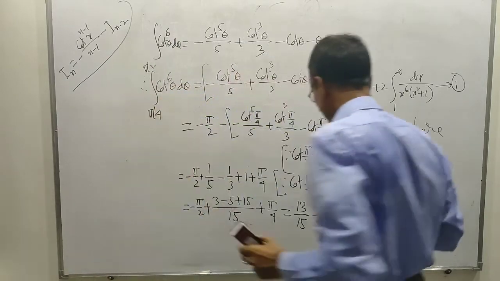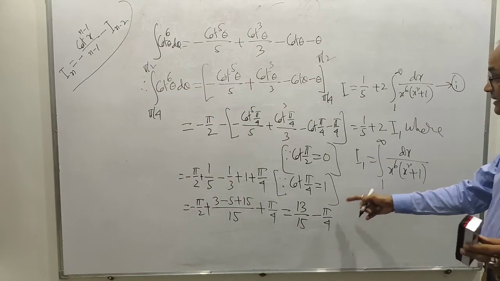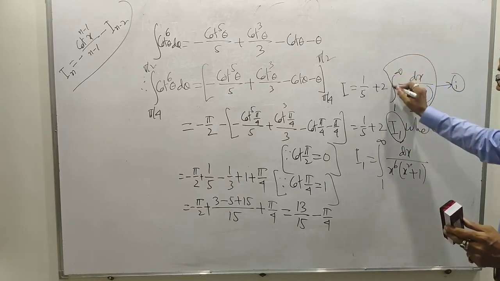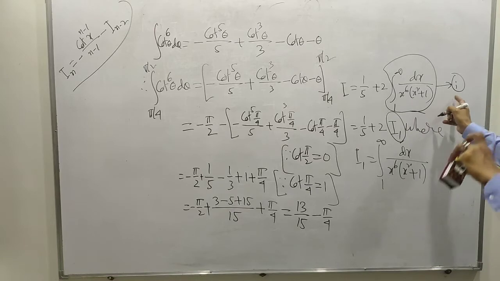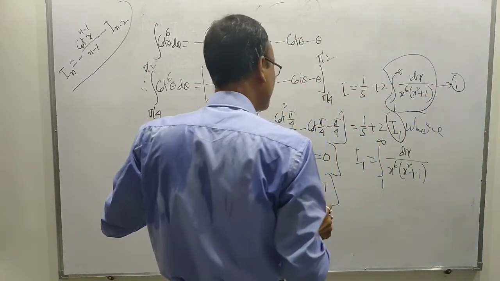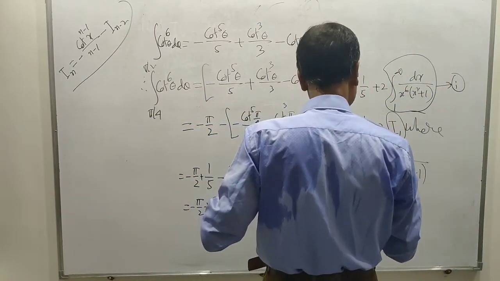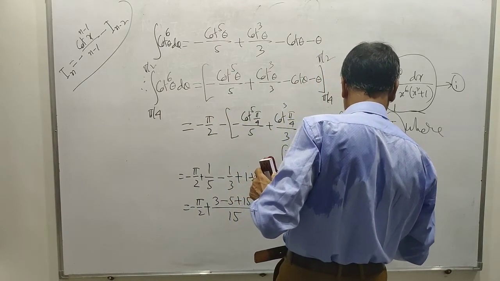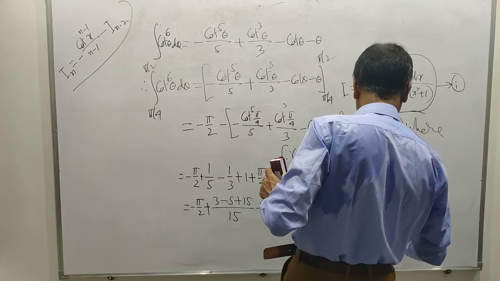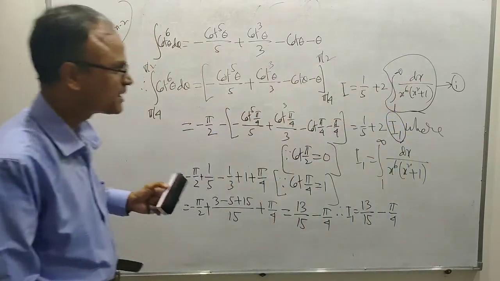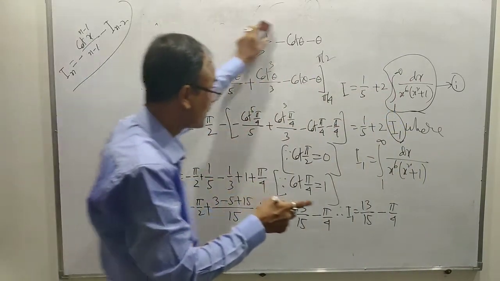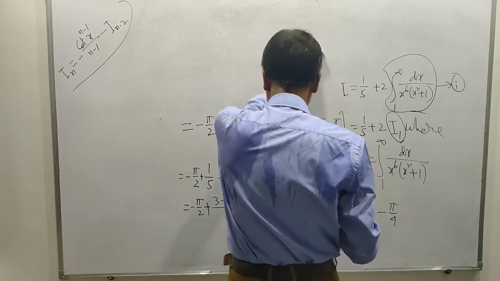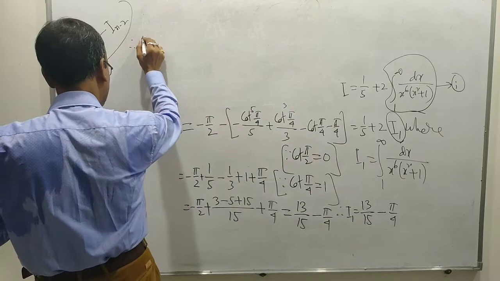Therefore, it is not the answer. The integration of I1, the integral, is equal to this. Therefore, from this we will get I1 equal to 13 by 15 minus pi by 4. Therefore, from 1 we will get